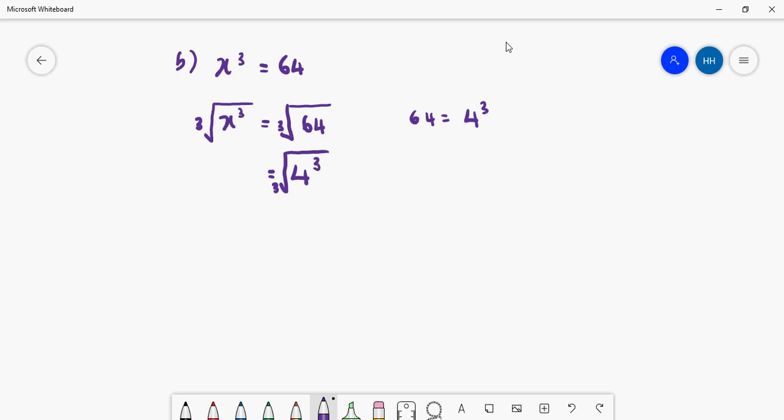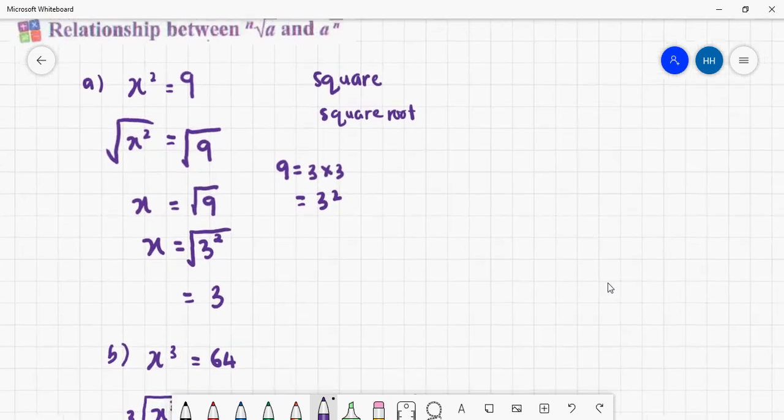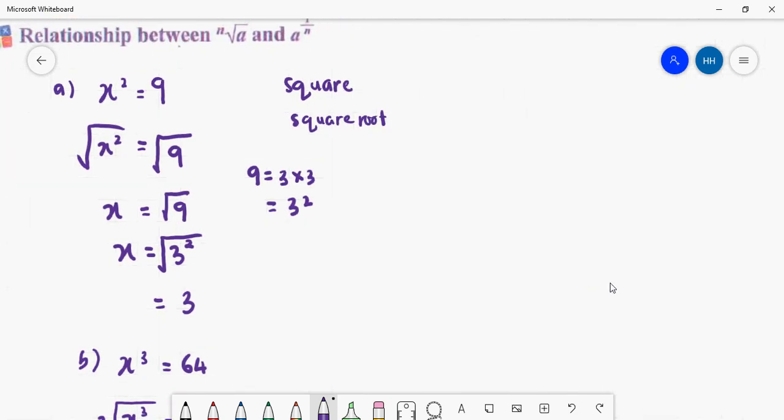At the left hand side, because this is cube root and this is cube, you can eliminate it, so it becomes x. And here also you can see that this is cube root and cube, so this is equal to 4. So x is equal to 4. This method you already learned in Form 1. But actually there is another method. You can find the value of x for these two examples